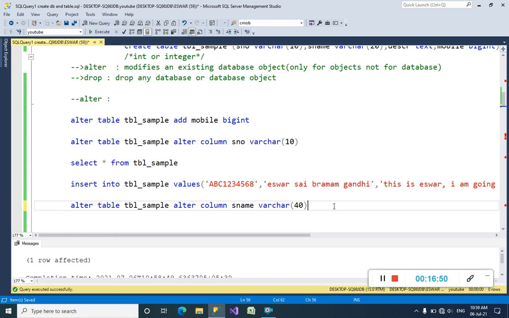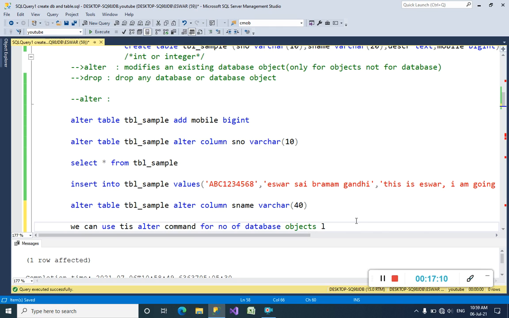So that's all guys. We can use this alter command for any number of database objects, like